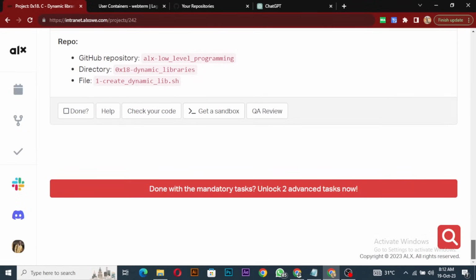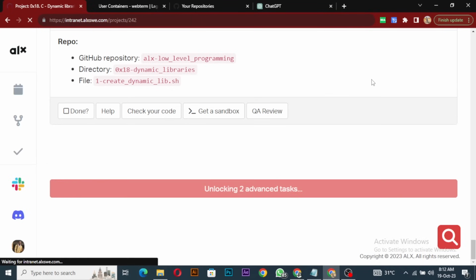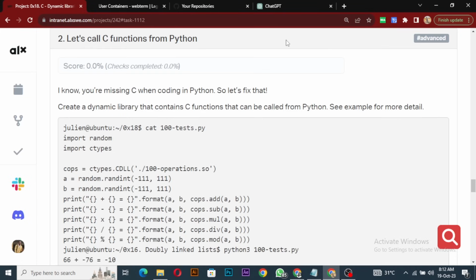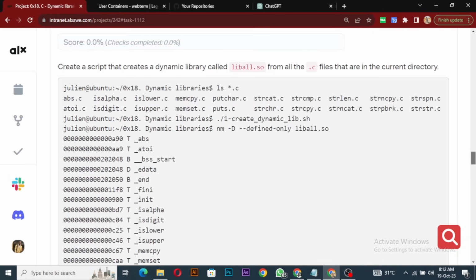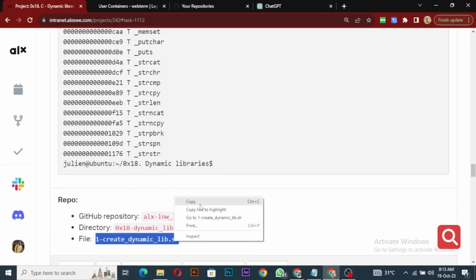So let's go to the second one, and then we have two advanced ones. Okay, so let us open that one. For this one, no, we're not in advanced yet. We go to one. Create a script that creates a dynamic library, so we have to create scripts now, right? So for this one, let us first create the file. It's going to be a script, right? So call it